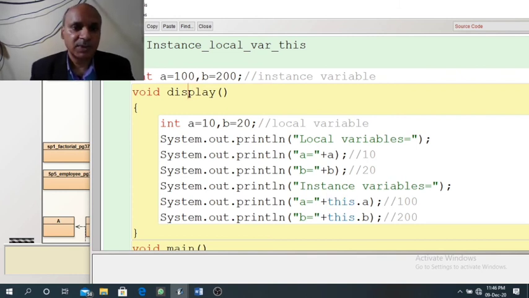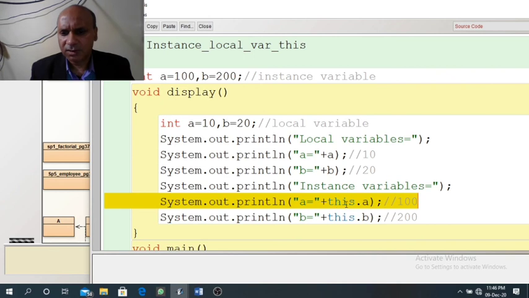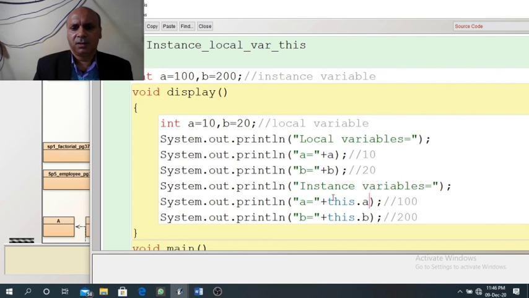To run the display method, first we need to create an object because it is a non-static method. So at the time of creating the object, whatever object name you have given, when you use this, it will refer to the same object. So the object is the representative of instance variables. So when you use this dot a, it means through the object we are referring to the value of a.